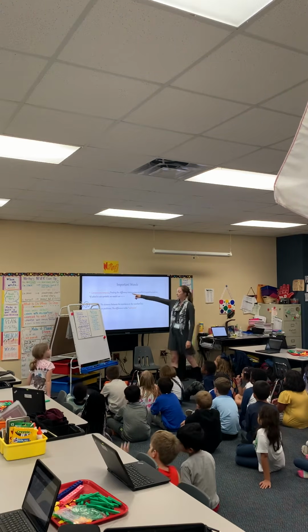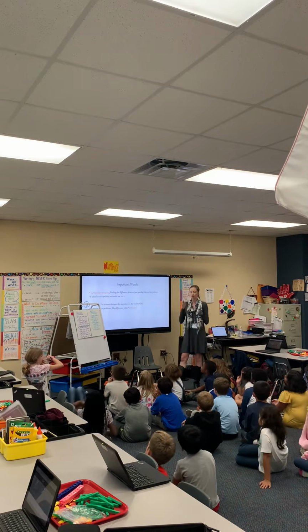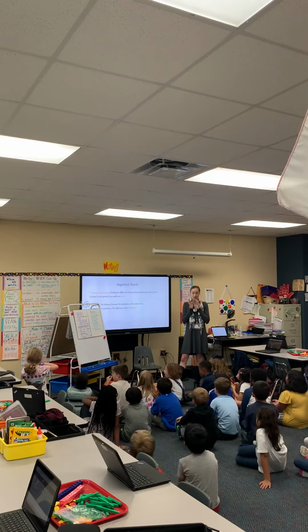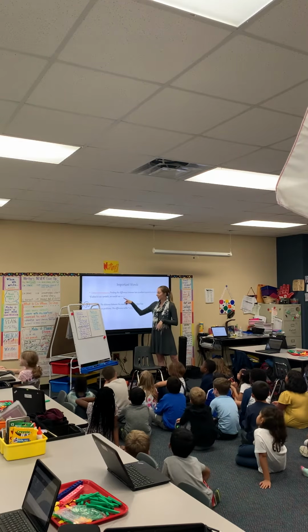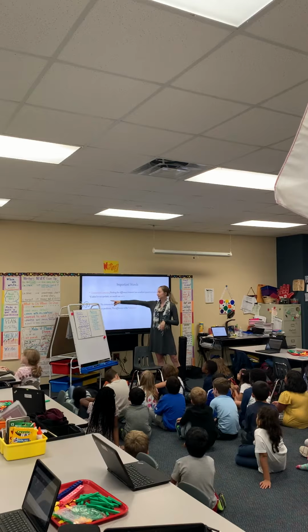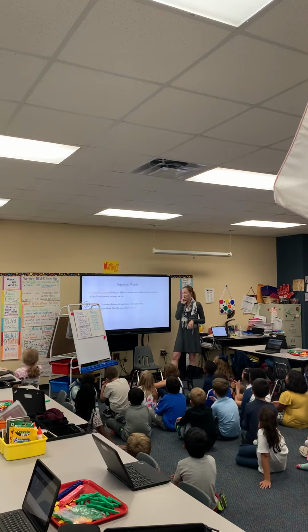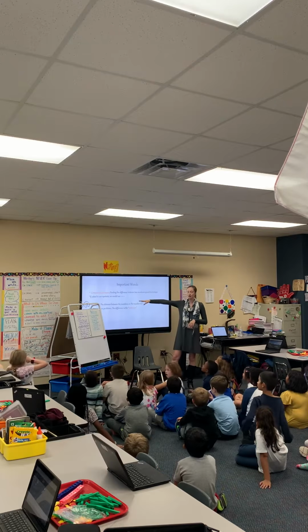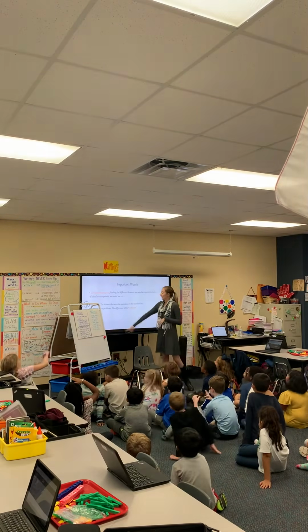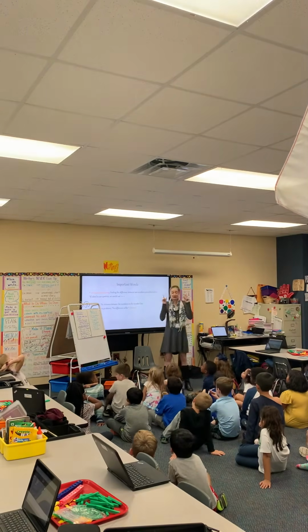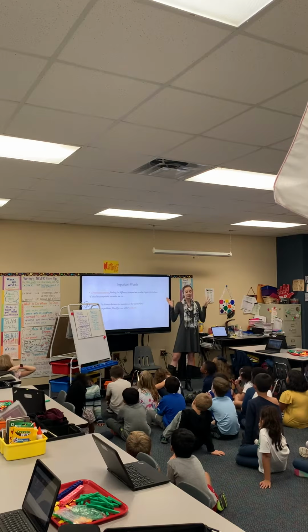Important words. Comparison or compare, that is finding the difference between two numbers, two quantities, or two values. And I love that Alicia brought up the symbols. These are the symbols that you should think of when you hear the word comparison or compare: greater than, less than, or equal to. And then difference, you need to be thinking of the number line. It is the distance between the numbers on the number line.